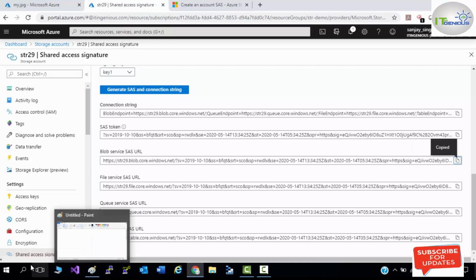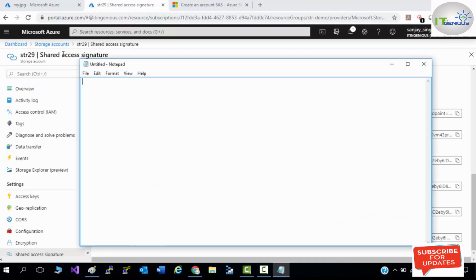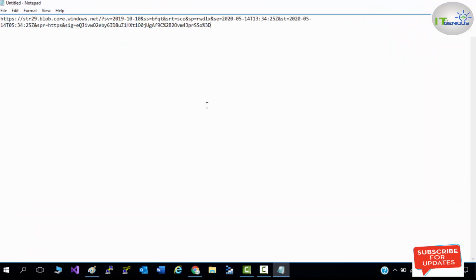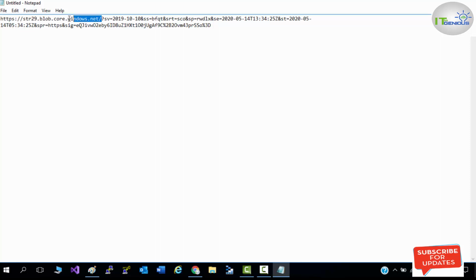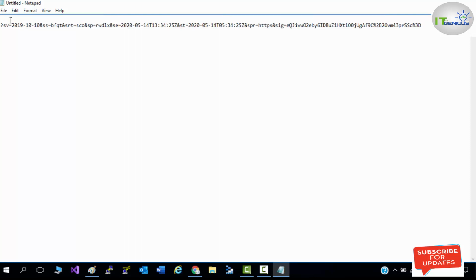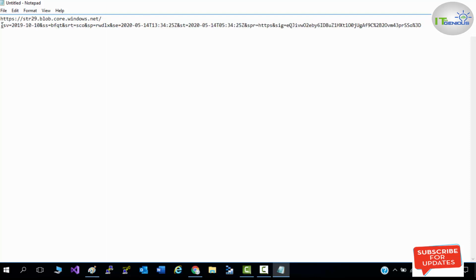Let's understand this. That is the URL endpoint of your storage account, your blob storage account. Then that is your version. Then this is the service which you are using, the SAS service.